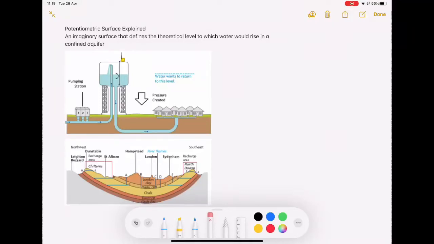I want to go over the idea of potentiometric surface with you here. It's defined as an imaginary surface that defines the theoretical level to which water would rise in a confined aquifer. So, just to try and look at this in a bit of a simpler way, before we look at the